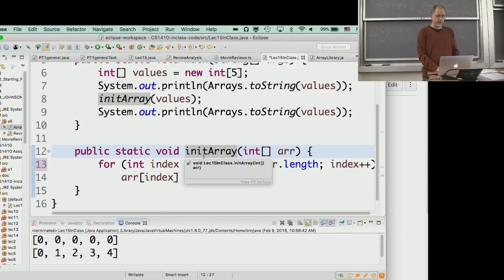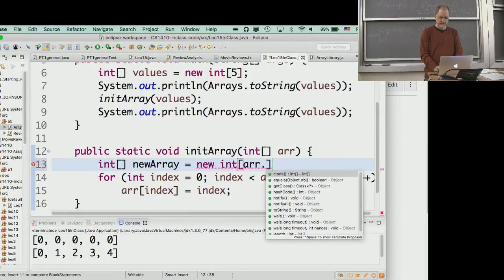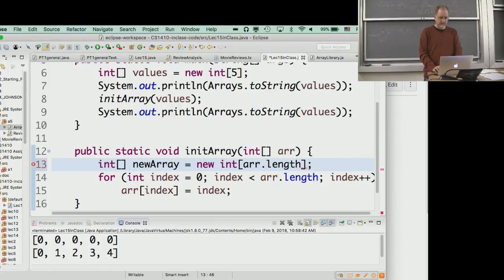I need a new array somewhere, right? Where am I going to make that new array? I got to make it in here, in the method. Well, I could have passed in some sort of copy here or something, but instead I'm going to make an int array, new array, that is the size I want, new int of the same length. And here I would change new array,